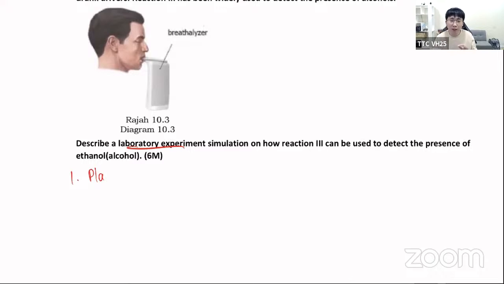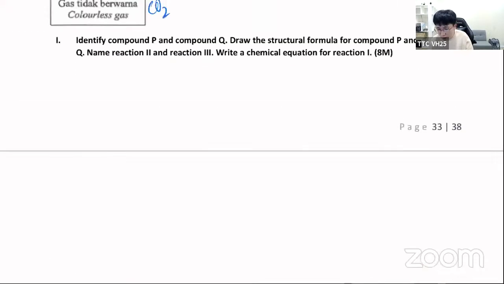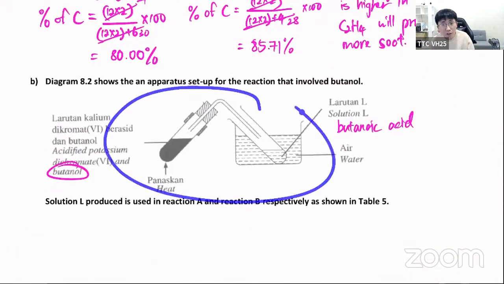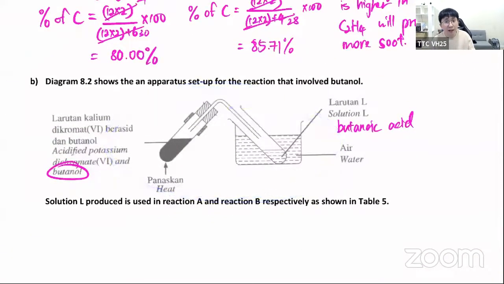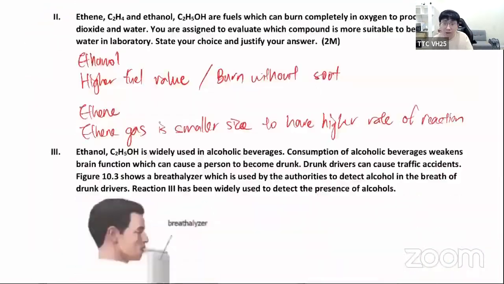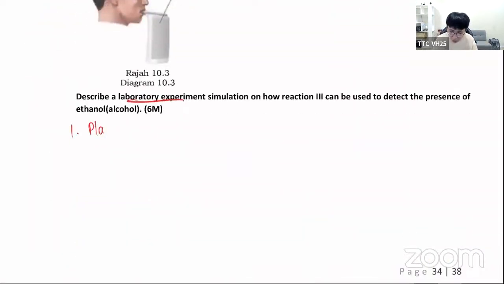Okay. So your diagram is supposed to be the oxidation setup. So oxidation setup, maybe you can refer to this. Guys, remember this? Yeah. Oxidation setup, we can refer to this. So you can place like the alcohol, place the oxidizing agent into a test tube, something like that. Okay, that you actually channel alcohol into it. So okay, you say place